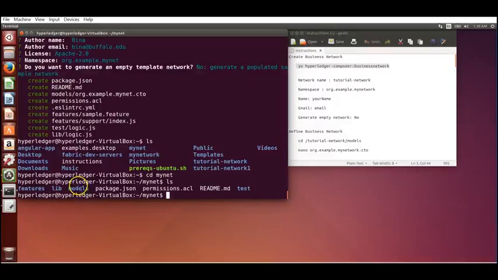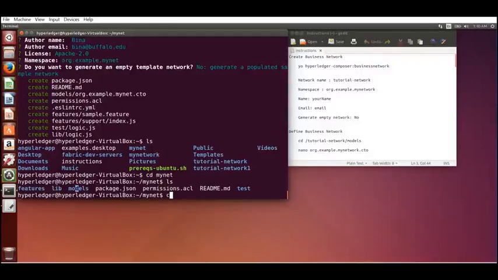The ones that are important for us are the models, where the logic is defined, and the library, inside which there's a file, logic.js, where the transactions are defined. This is a permissioned network, and so the permissions are defined here. These are the only three files that we are going to be affecting as a developer. These are the three items that you will be adding to create the basic business network.